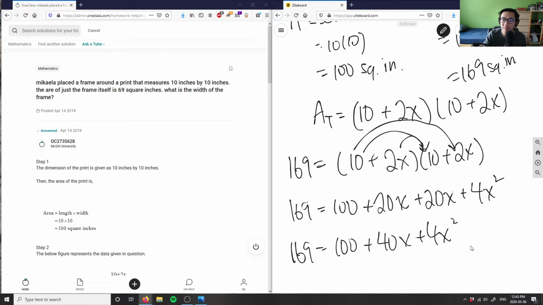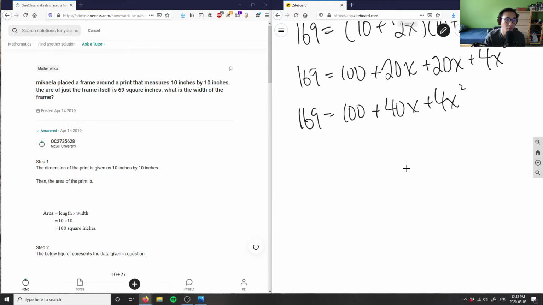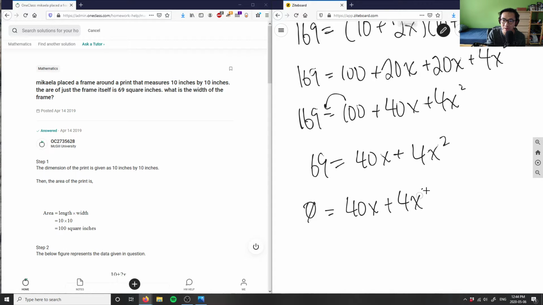What we can now do is isolate for our x value, right? We can do this in many ways. We can try to use the quadratic formula, but I'm going to see if we can actually common factor this out. So I'm going to move 100 to this side. Subtracting both sides by 100 would give me 69 equals 40x plus 4x squared here. And then I would actually have to move this back to the other side. So I don't think I can common factor, unfortunately. So I'm going to say 0 equals 40x plus 4x squared minus 69, or I can say 0 equals